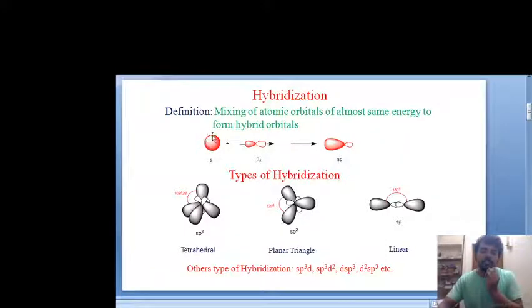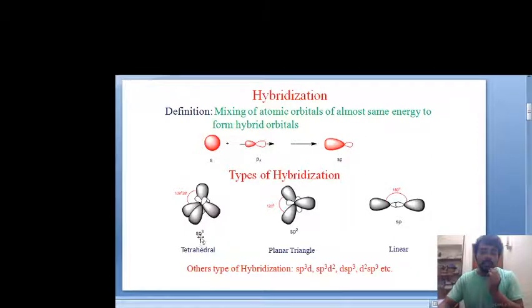This is the spherically symmetrical s orbital. This is an isolated s orbital, and when it overlaps with the isolated p orbital, which looks like a dumbbell shape, they could form this type of hybridization. This deviates from the dumbbell shape. This is sp hybridization, and it is the bonding type. This is the anti-bonding type, and there are different types of hybridization such as sp3, sp2, sp hybridizations.